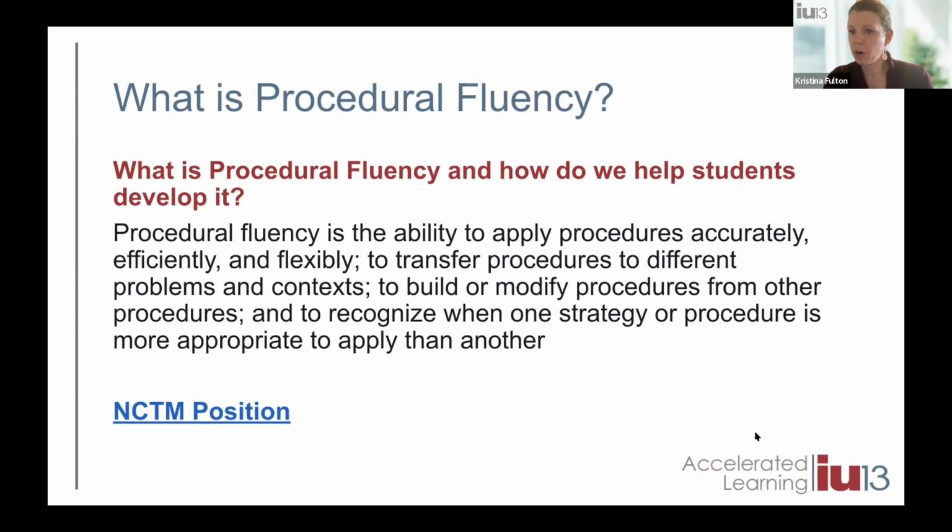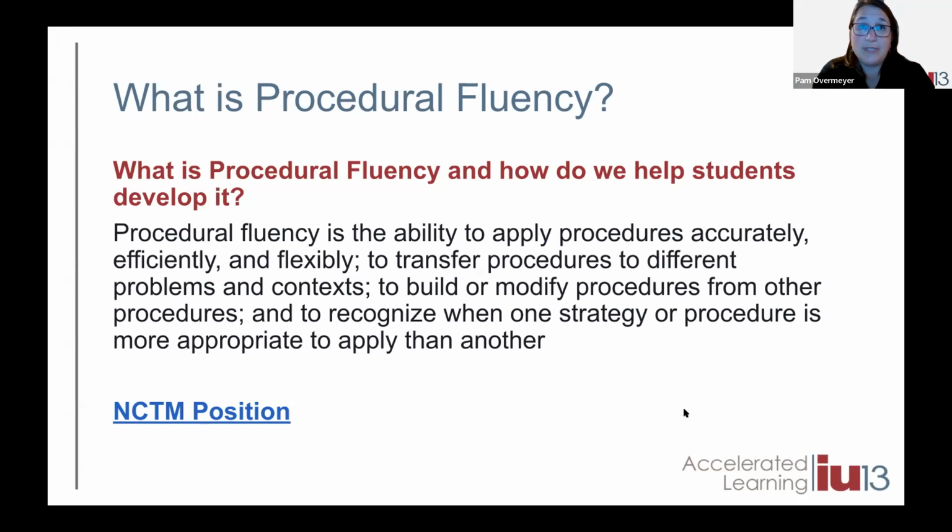Part of our goal for you today is to be able to look at those words and define those words and then think about what strategies we can use to work with our students on both fluency and automaticity.